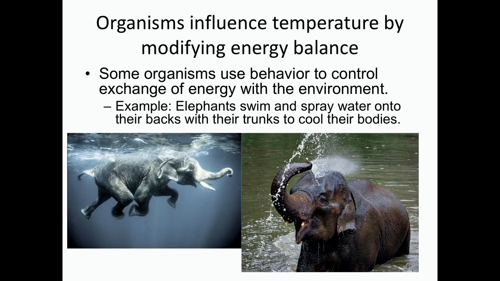And we also said that behavior can be modified, and a lot of animals do this, and you've probably done this yourself. So thinking about yourself, when it's really hot, you probably will take off clothing, you will turn on a fan, you will maybe go for a swim. When it's really cold, you put on more clothing, you start a fire, you do something behaviorally to help cope with that environment. And a lot of animals do this. For instance, elephants are known to swim or spray their bodies with water to help increase their conductive or evaporative cooling processes when they are too hot.